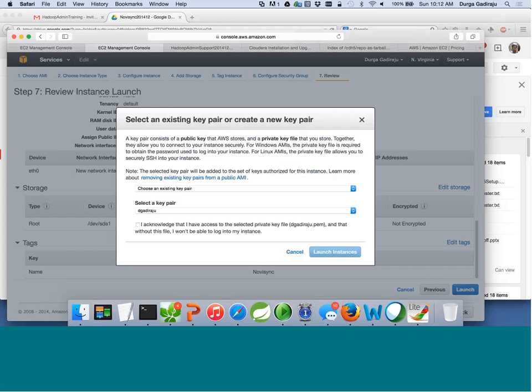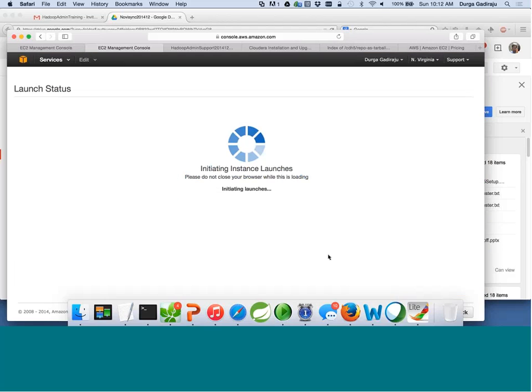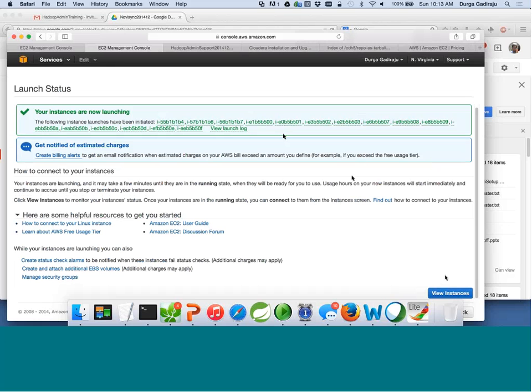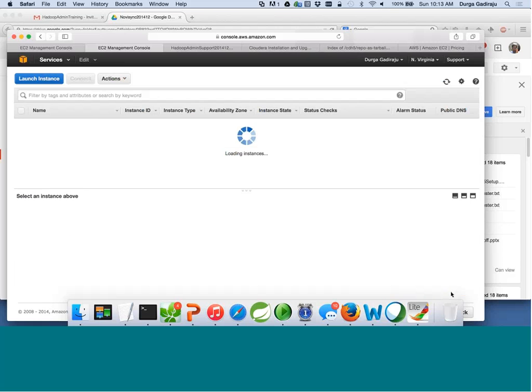Okay, and now comes the key pair. We have created the key pair in the beginning of the session. Now we are selecting that. This one is pre-created, but I have shown you how to create a key pair, and you will understand the purpose of it now once we start the instances. And then you can click on the launch instances. So the instances will be started, and you can click on view instances,